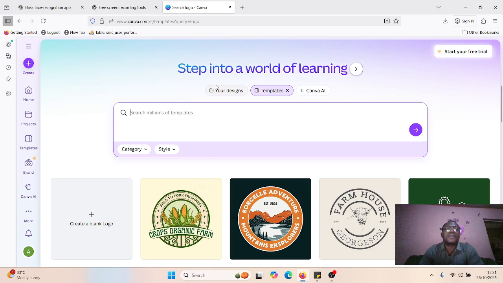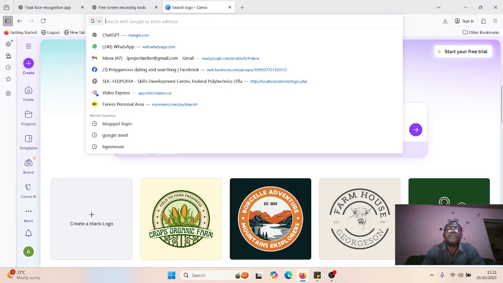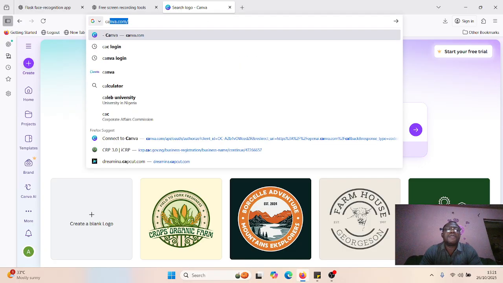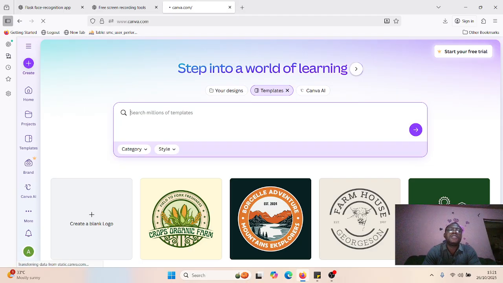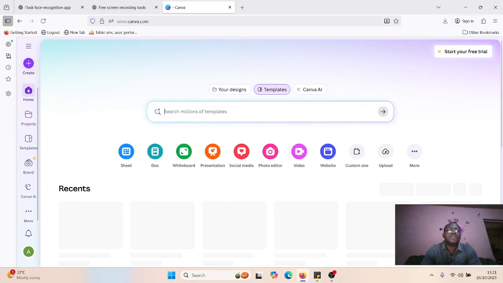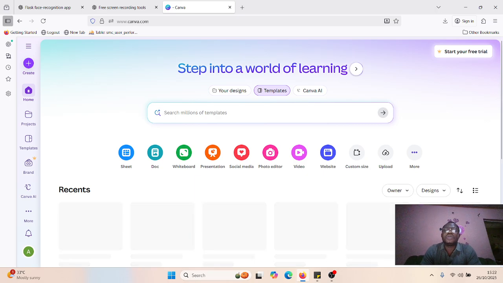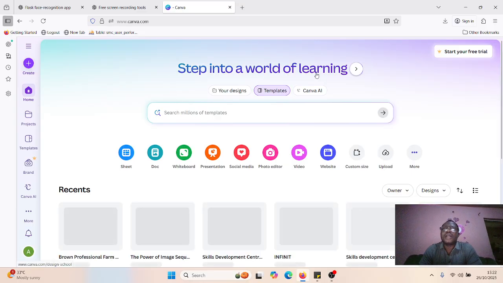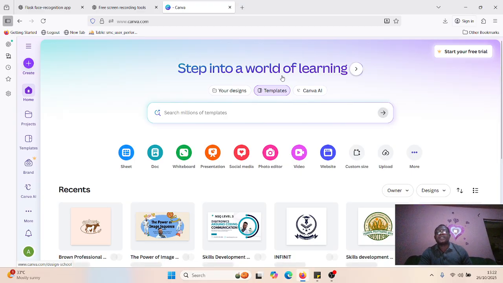Go to the website of Canva, that is canva.com. Once you type canva.com, if it doesn't bring you to this page, it implies that you have not registered on Canva. You register first, register with your Gmail account. Once that is done, it will give you access to the templates we have on Canva. Here in the Canva environment, try the free version and choose the student edition to gain access to the resources